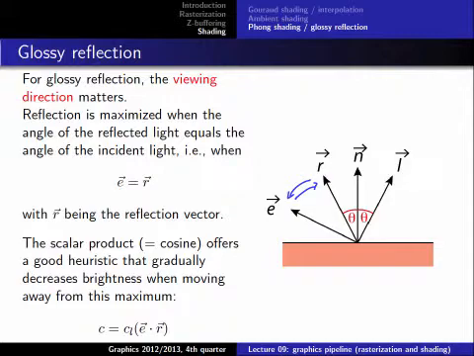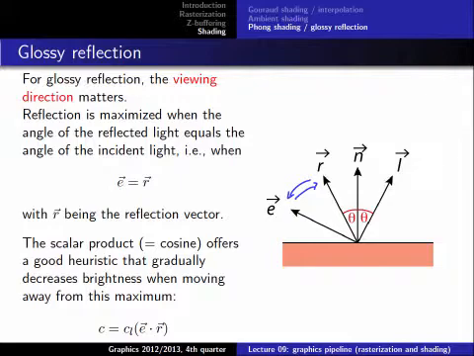And a smooth decrease can always be modeled very well with, for example, trigonometric functions. So again, we're using the cosine here to model this. We use the scalar product of the eye vector with the reflection vector. We start with the maximum if their angle is 0, which is a cosine of 1. And the larger the angle gets, the lower the cosine gets, till we reach an angle of 90 degrees, and then we have zero